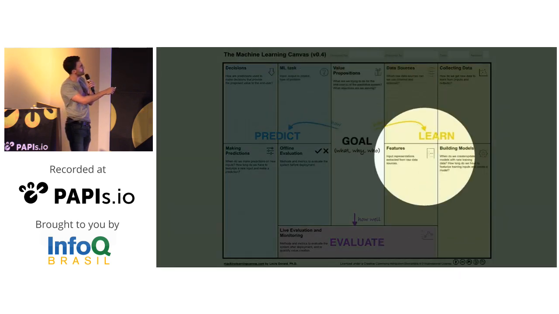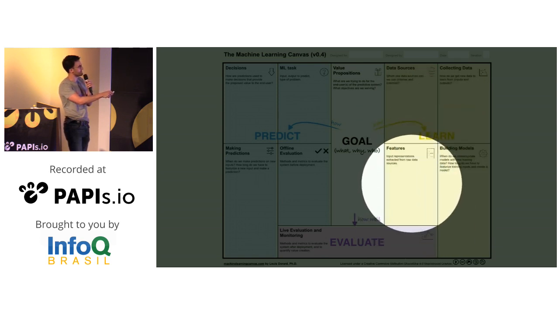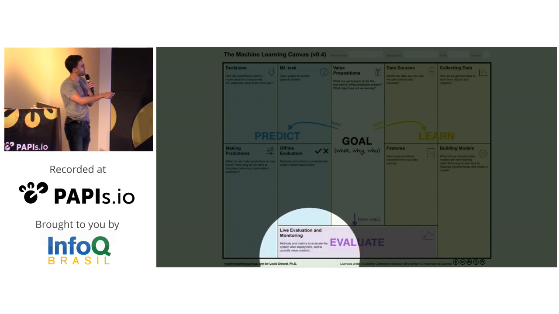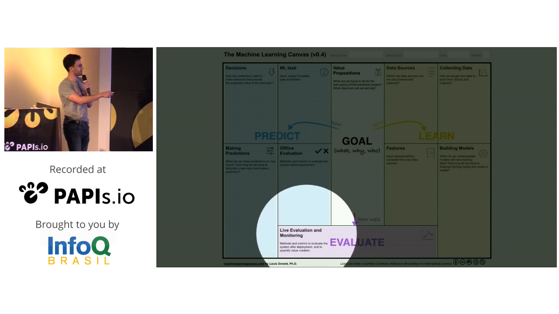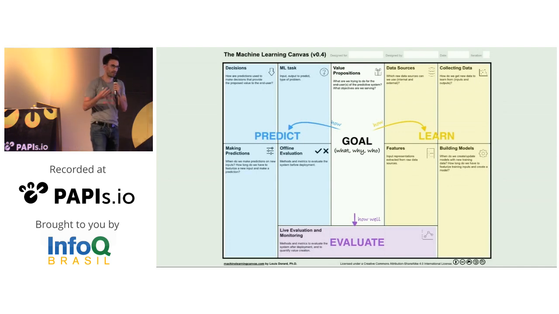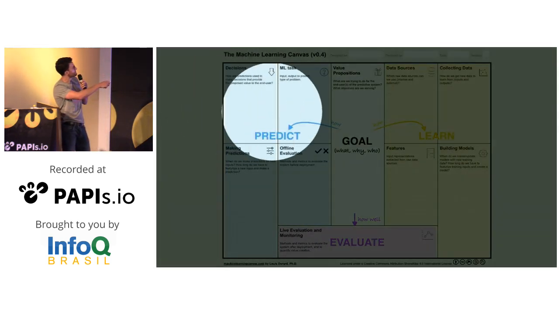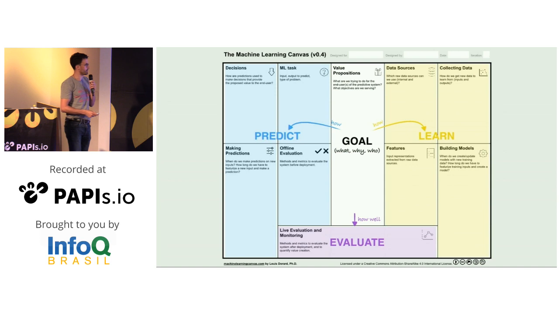Features, so how do you represent your input? That's also in the learn bit, so characterizing the data that we learn from. And then maybe before you deploy something for real and evaluate it and monitor it live, you want to do an offline evaluation where you would simulate what would happen if you had implemented this. So using the data that you already have, make a simulation and see if it works well or not. You would explain the simulation in that part of the canvas. So as you can see, we're starting from background information and going down to more specifics.